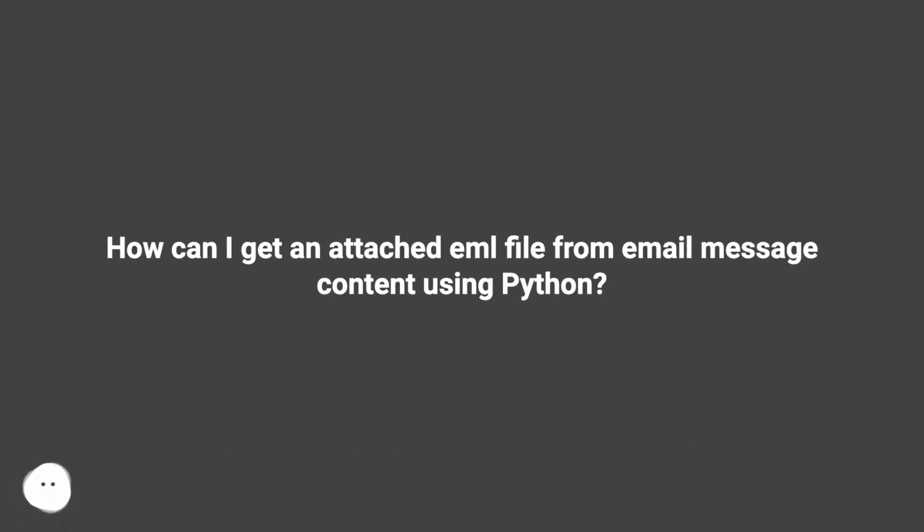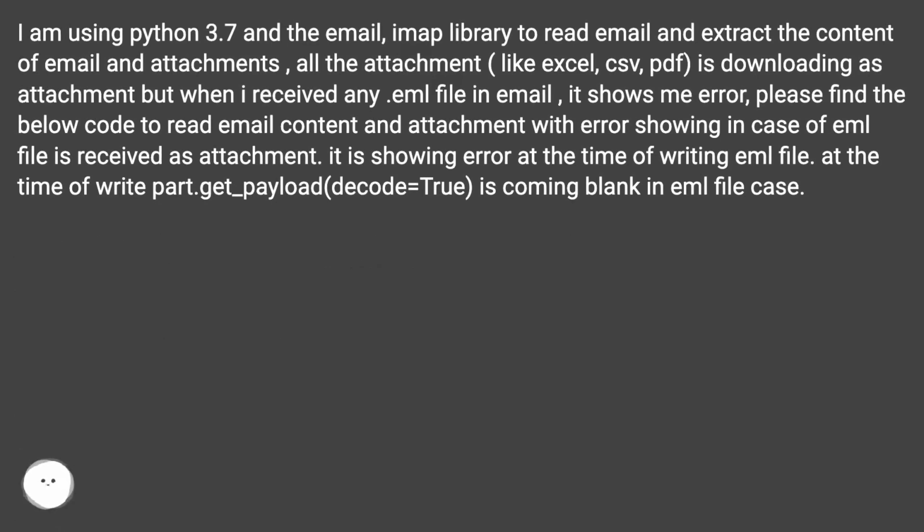How can I get an attached EML file from email message content using Python? I am using Python 3.7 and the email and imaplib libraries to read email and extract the content of the email and attachments. All the attachments, like Excel, CSV, PDF, are downloading fine, but when I receive any .eml file in